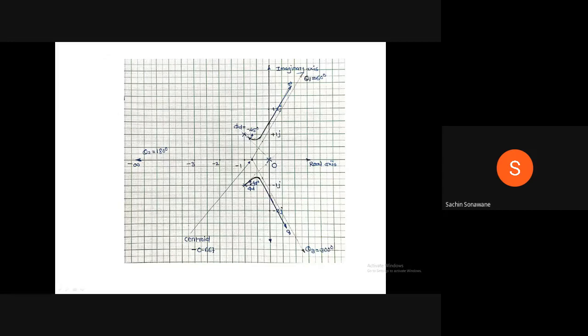Here a minus 45 degree angle is there, therefore you have to draw minus 45 and draw it tangentially, and it will intersect at plus minus 1.414j. Then you have to draw parallel to this at 60 degree. Similarly at the bottom it is plus 45 degree. Therefore, you have to draw a line parallel to 300, and the value is minus 1.414j. Therefore, this is nothing but your root locus, three branches. The first branch is 0 to minus infinity, a horizontal line towards the left side. This is the second branch and this is the third branch.